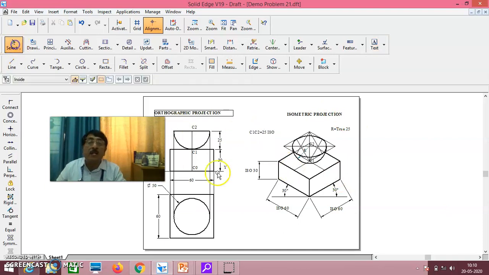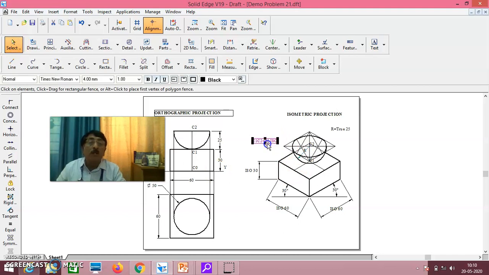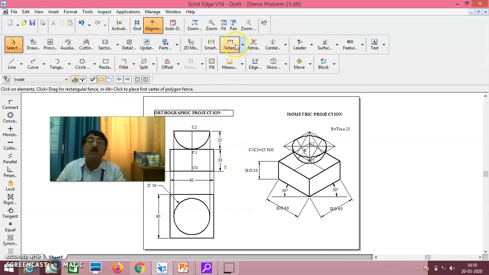This you should say. Once you do this, they will clearly understand what exactly is the procedure you adopted. And also you see here, C1 C2 is 25 ISO you draw, and this also you know very well.